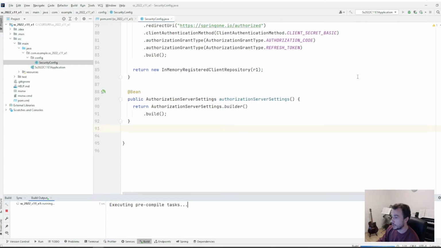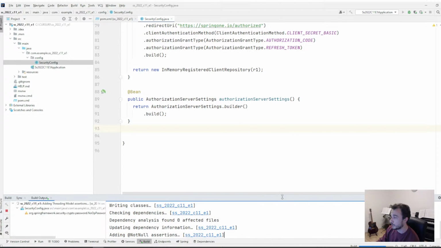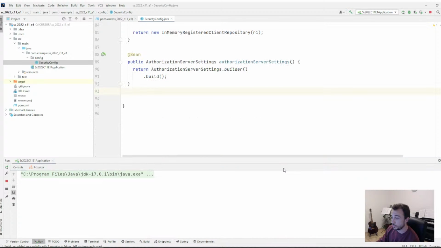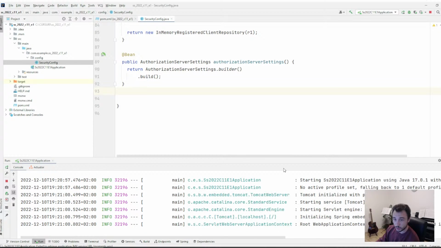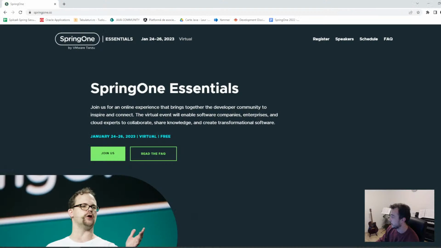I need to run it. First of all, see if it starts. And in case I didn't miss anything from my configuration, I should be able to run the authorization code flow. That means I will first run in the browser the authorize endpoint. I will log in, I will get an authorization code, and then I can call the token endpoint in Postman. So, okay, my app started, and then what I'm going to do is I'm going to go here,